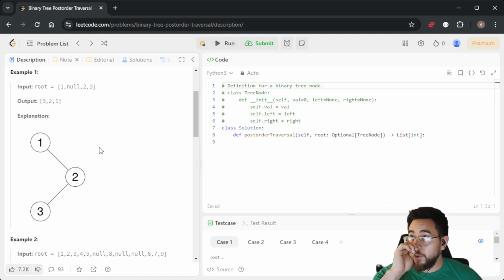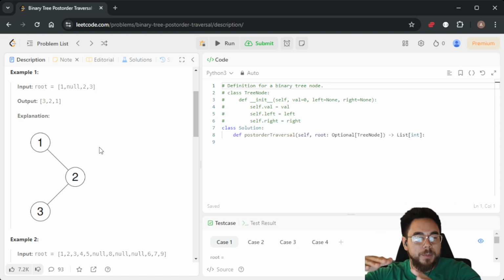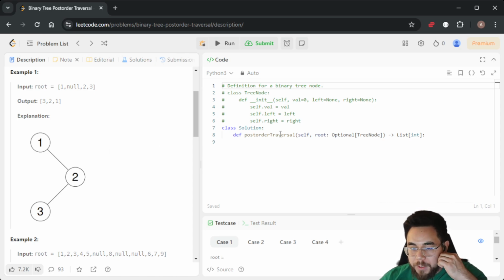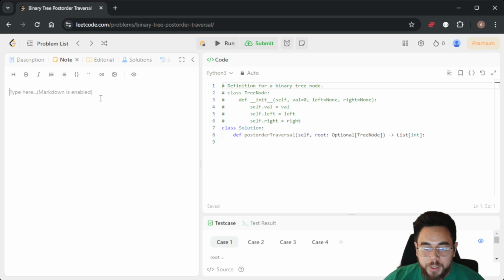So what is post-order traversal? If you are traversing a binary tree in depth-first search, that is going basically top to bottom instead of left to right, layer by layer. Depth-first traversal has three types of traversals: pre-order, in-order, and post-order. And post-order is left, right, root. So what that means, and let's just go to a note here, is that if we have a tree,